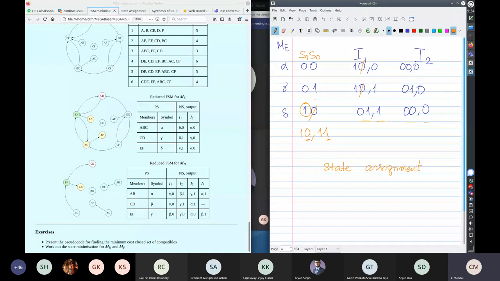Just suppose that I code this as 1, 1. All right. So in that case, the output here is 0, 0, right? So in other words, what I have is